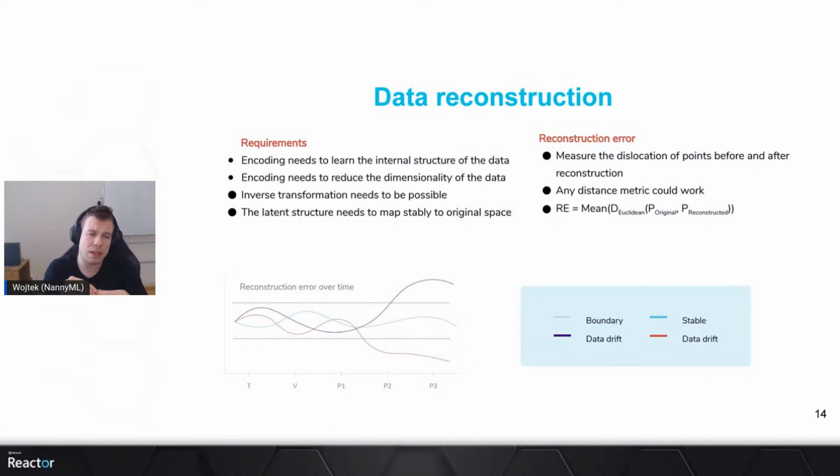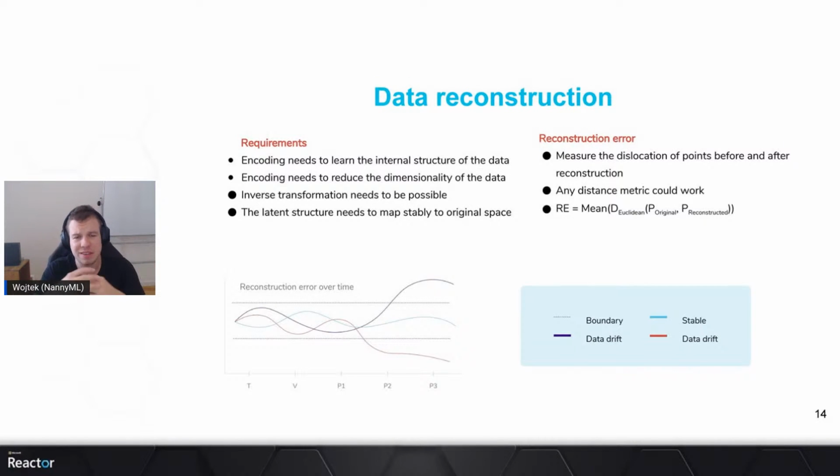And probably also the internal structure of the data is not learned perfectly, even if lossless compression would somehow be possible. And then we'll see it fluctuate over time. If we see that it stays more or less on the same level, it means that very likely there is no data drift, because the internal structure of the data remains the same. However, if the reconstruction error goes up over time, it means that the structure that was learned by the